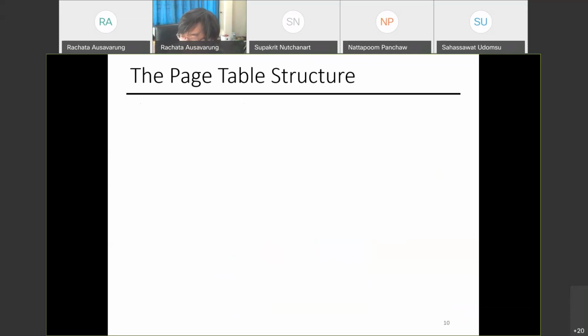Everyone here remember something called a tree, right? From the C lecture, that is a data structure that stores the root, the next level, and the next level, and the next level. So you remember the tree structure, the tree as in data structure. The page table structure is also represented in a tree-like fashion. What does it mean? You have